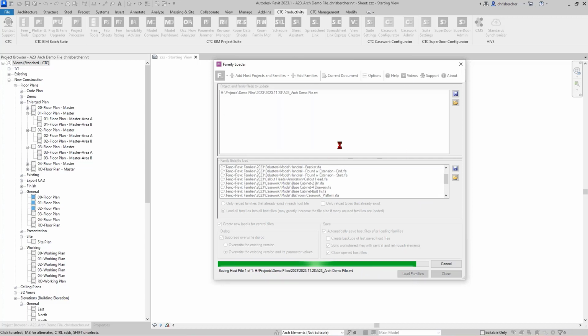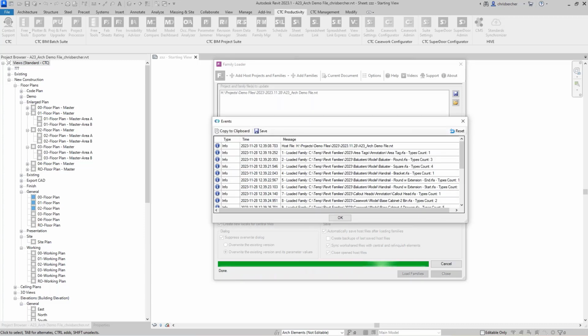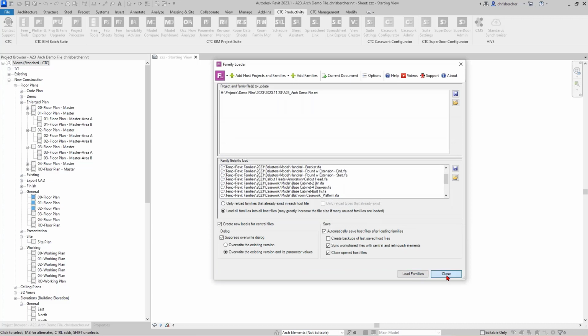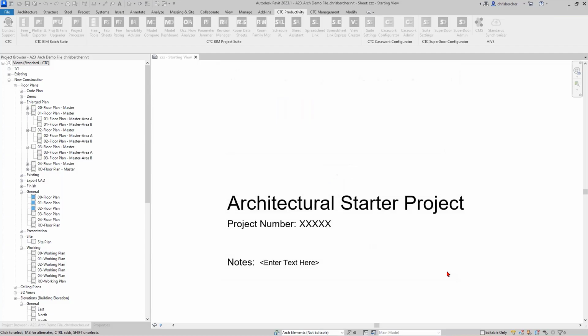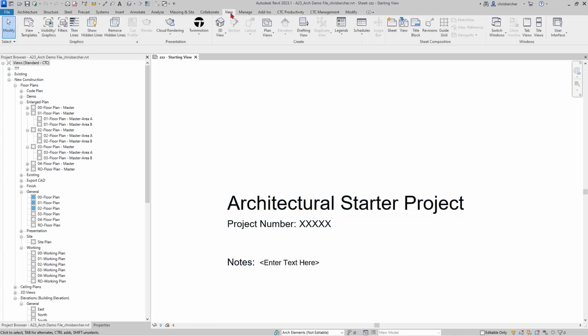Another question is, do you have a tool that loads predefined filters? I'm assuming, and maybe clarify, that you're talking about view filters. Yes, okay. Now, if a view filter is associated with the view template, yes, I can, HIVE CMS will